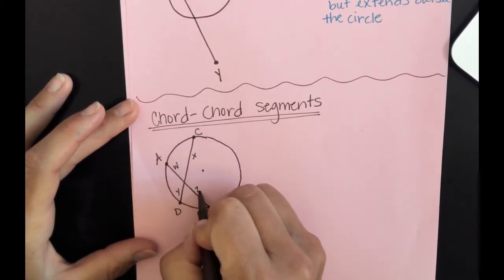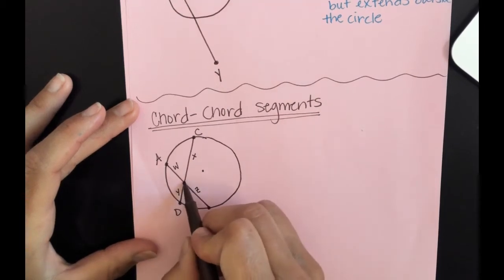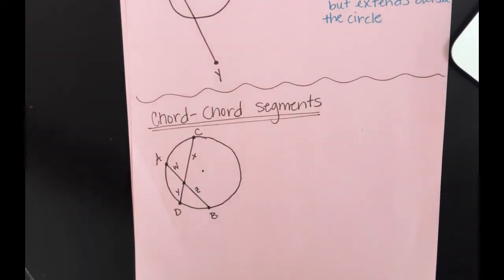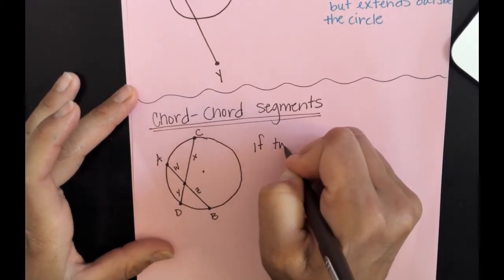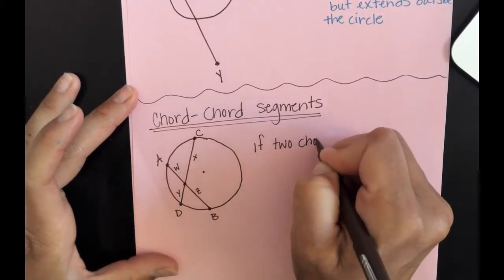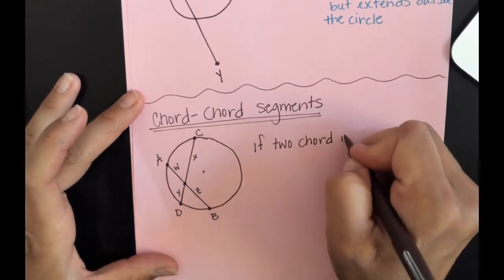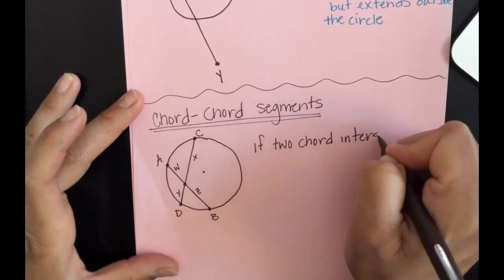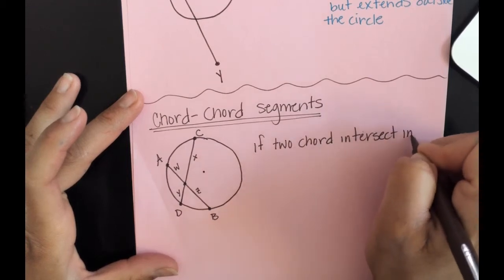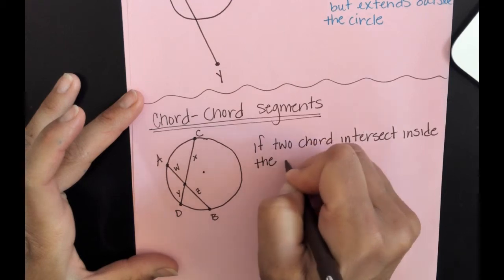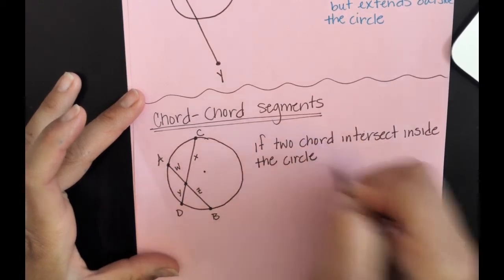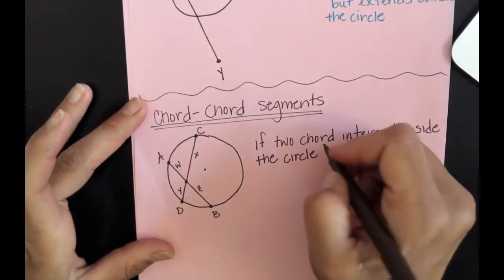And we're going to just go ahead and name those parts W, X, Y, and Z. So if two chords intersect inside our circle,